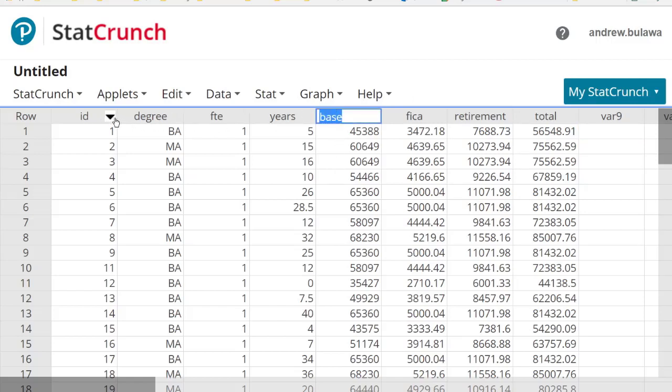We also have another column dedicated to the degree of the teacher, and you can see they either have master's or bachelor's degrees. So what we might want to do is compare the salaries of teachers who have a bachelor's degree to teachers who have a master's degree. Now, when I go and do this,